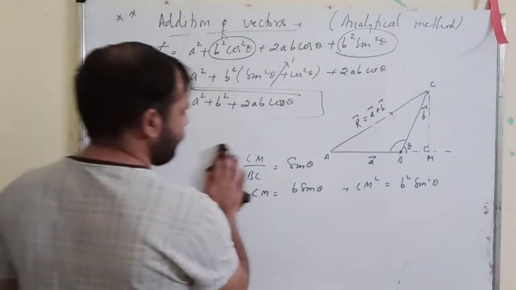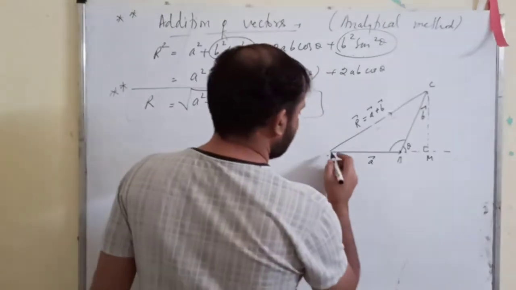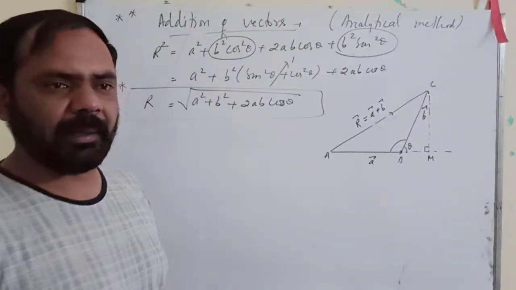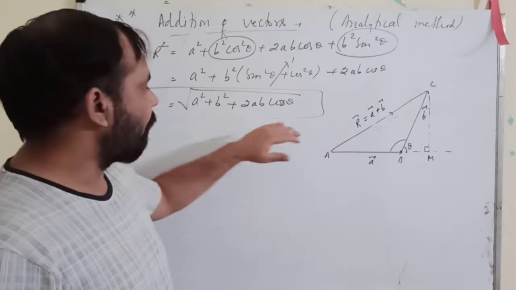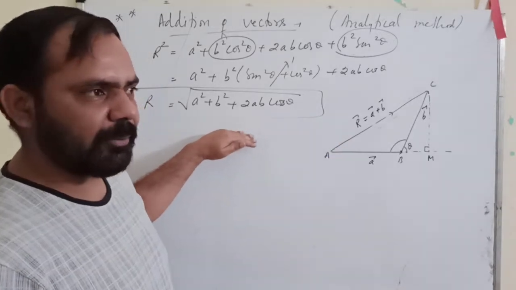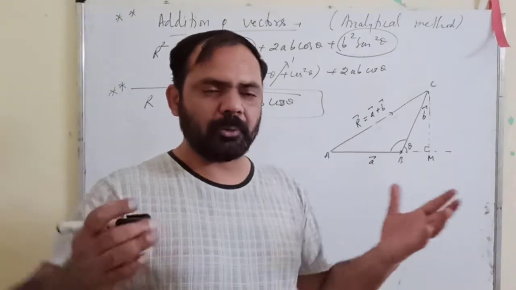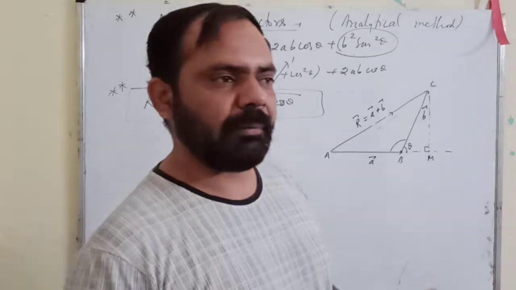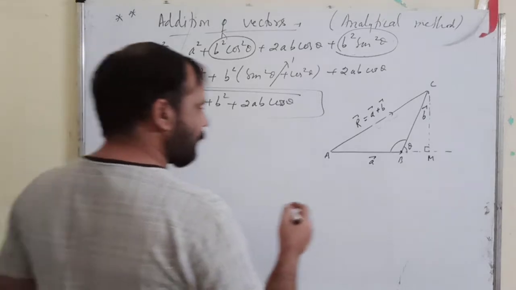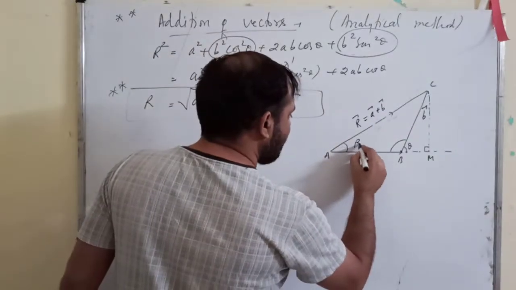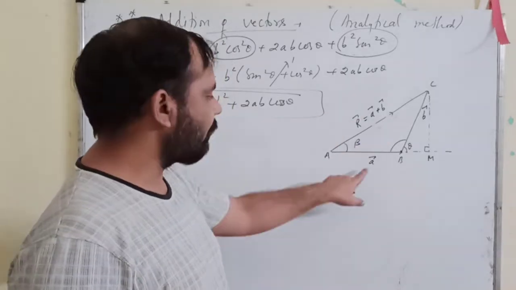Alright. Now, is there something left here? What's remaining is the direction, because R is a resultant vector. What we have found here is only the magnitude. It is not giving us the direction. To know the complete resultant vector, we will have to find out its direction also. That is equally important.